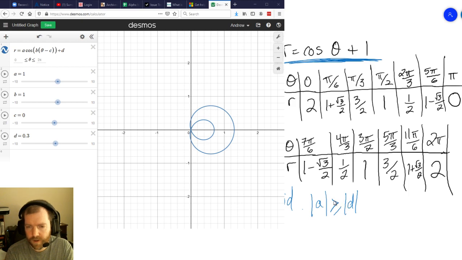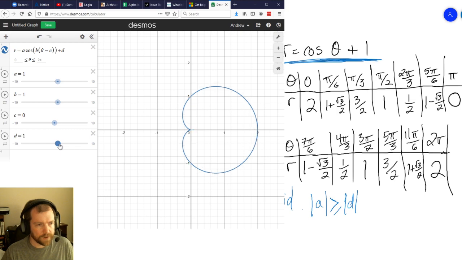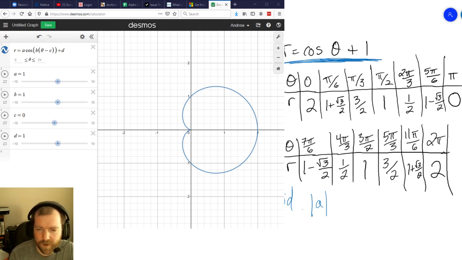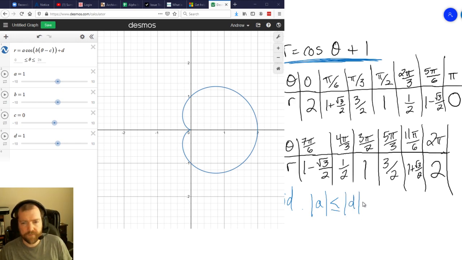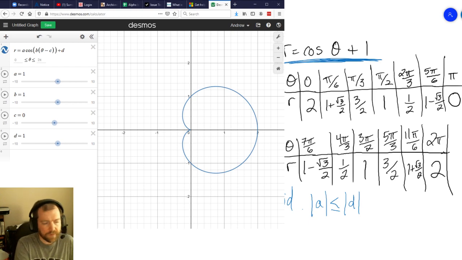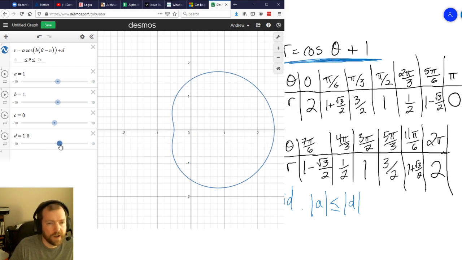It's going to be greater than or equal to. Right, so if our d value, no, I had it the right way around. Try that again. So if our d value is larger, then we start getting this, which is technically still a